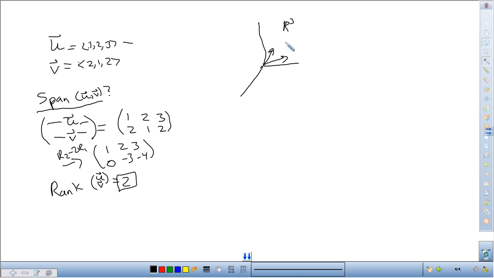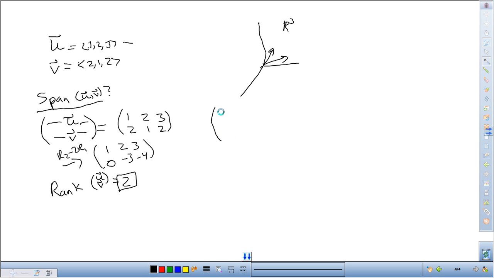Okay, so what does that mean? That means that the span of these two vectors is a plane in R3. Well, let's figure out, okay, what plane is that? Well, we can use the very simple planar form of,